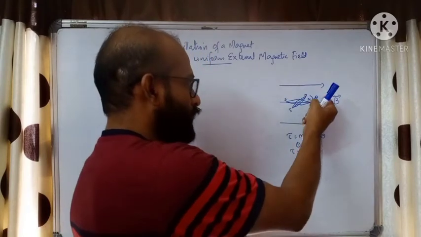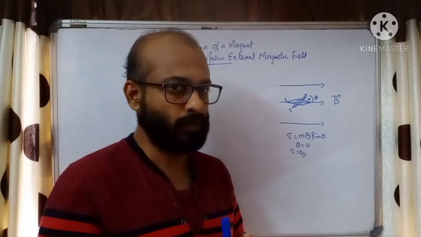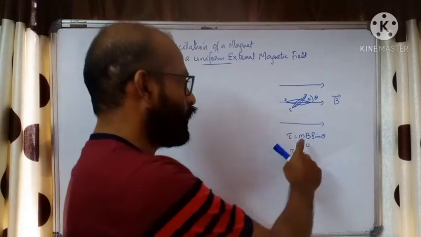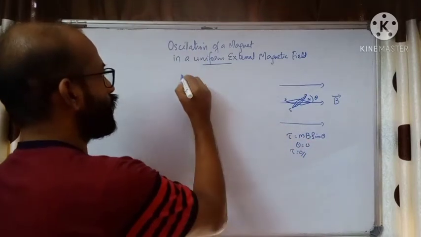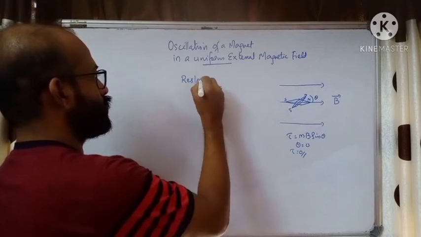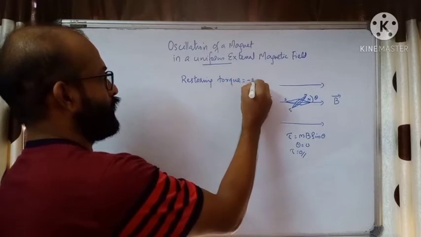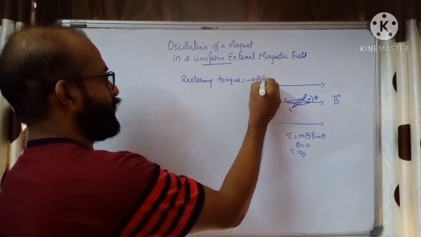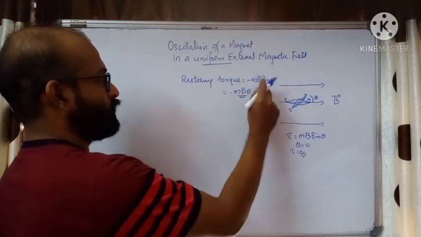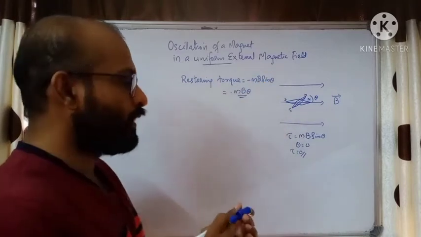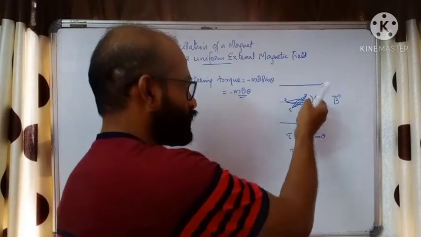Now when we apply an external torque, a restoring torque is developed within this compass needle. The restoring torque will be equal to mB sin theta but opposite in direction. So we can say the restoring torque developed within this compass needle is equal to minus mB sin theta, or equal to minus mB theta, because if theta is small, sin theta is nearly equal to theta. This is the restoring torque developed within the compass needle when we apply an external torque.